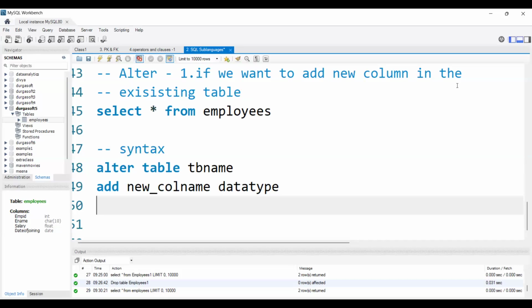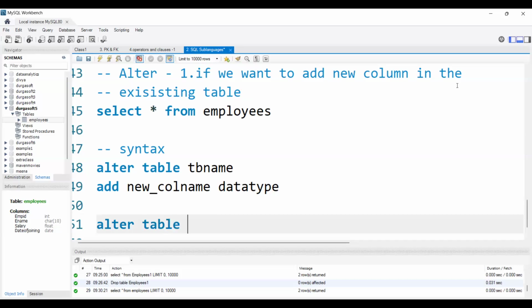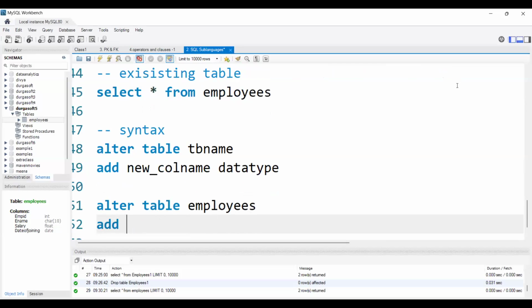Now let's see one example. For the same employees table, I'm writing alter table table name. My table name is employees. Next I will use the keyword add new column. Instead of displaying again and again, in MySQL we have this beautiful feature: whenever we click on the table name, at the bottom left we can see the column names.